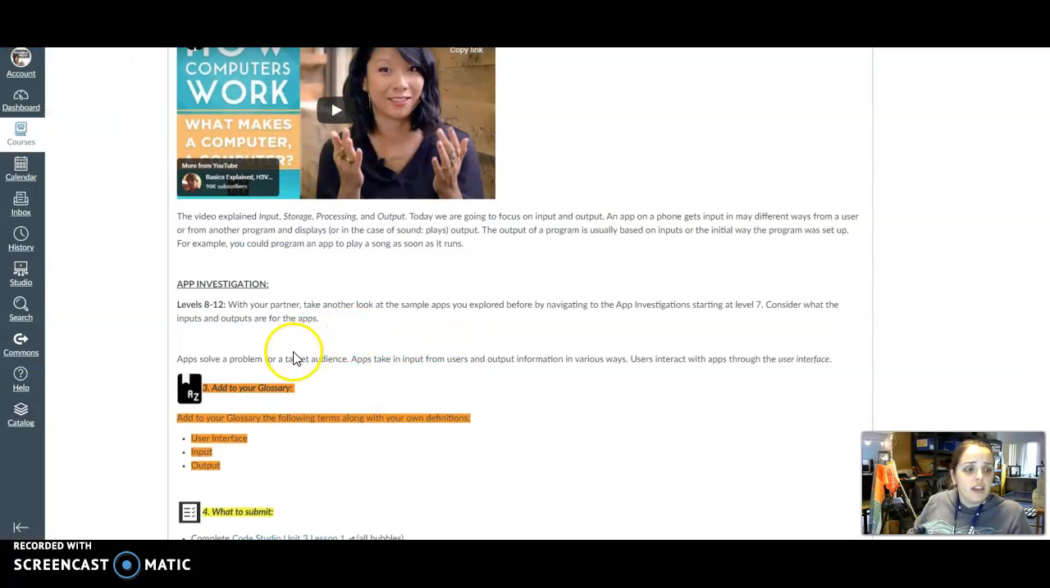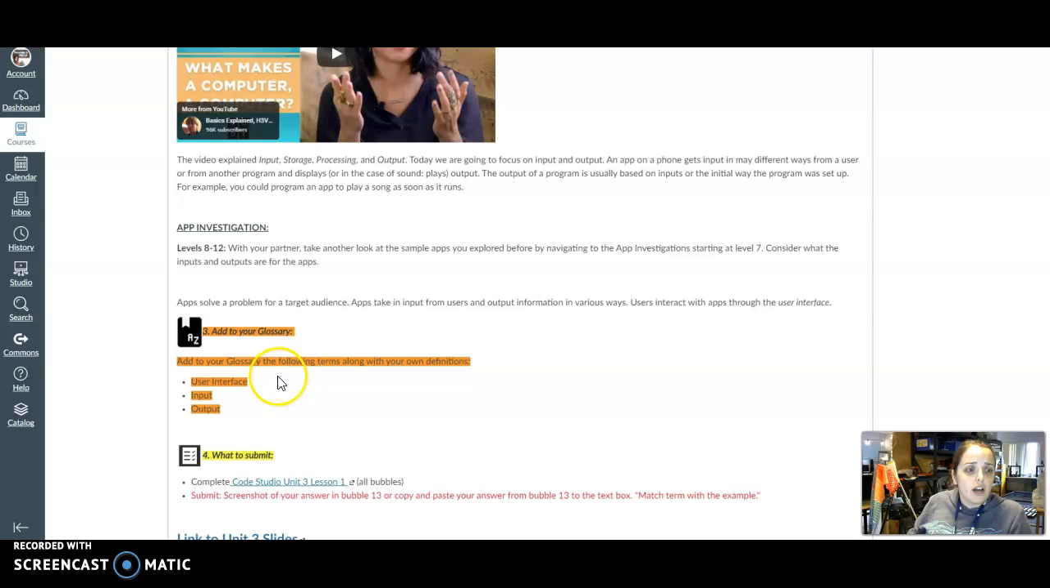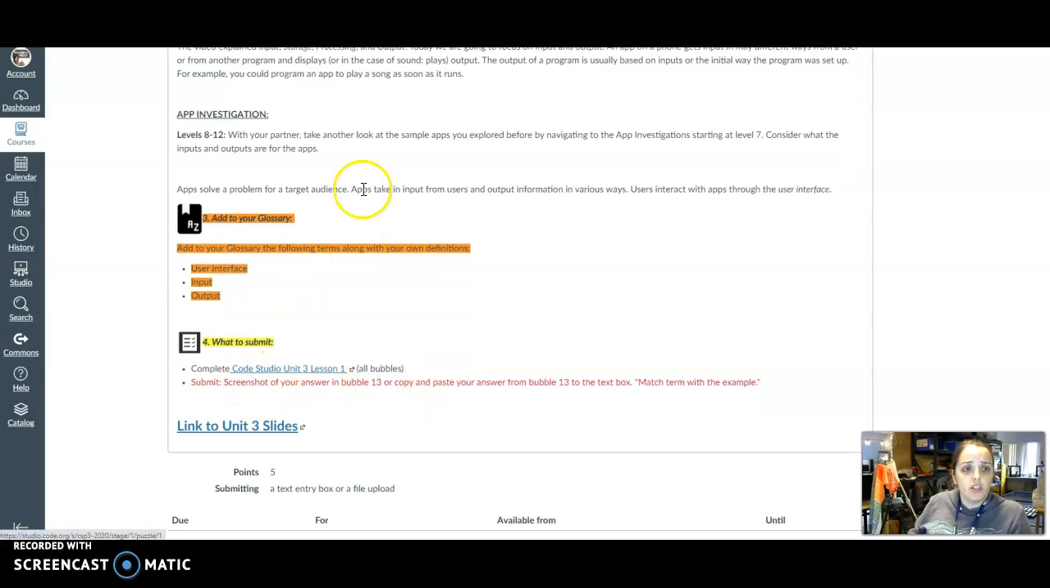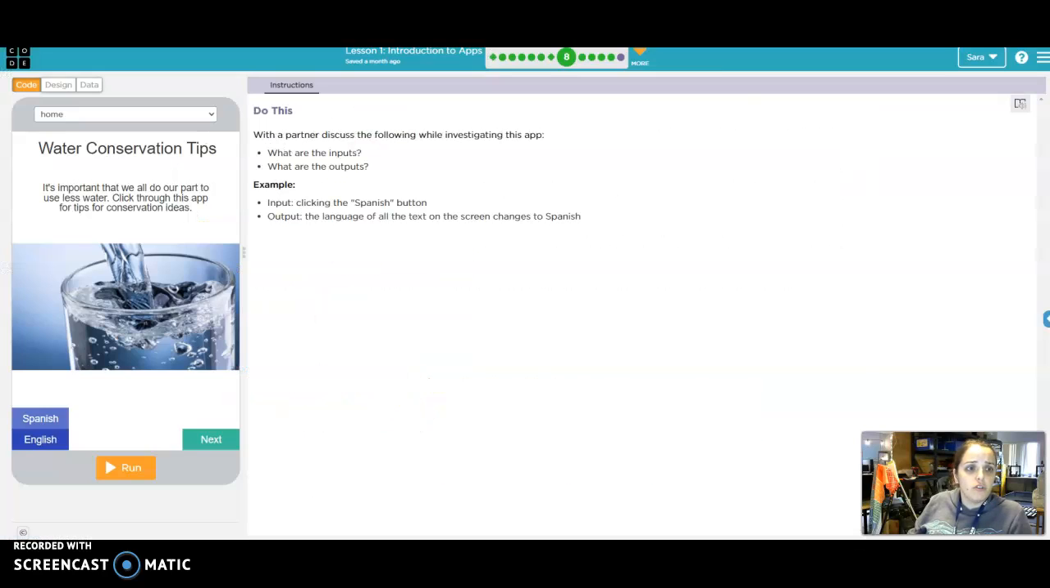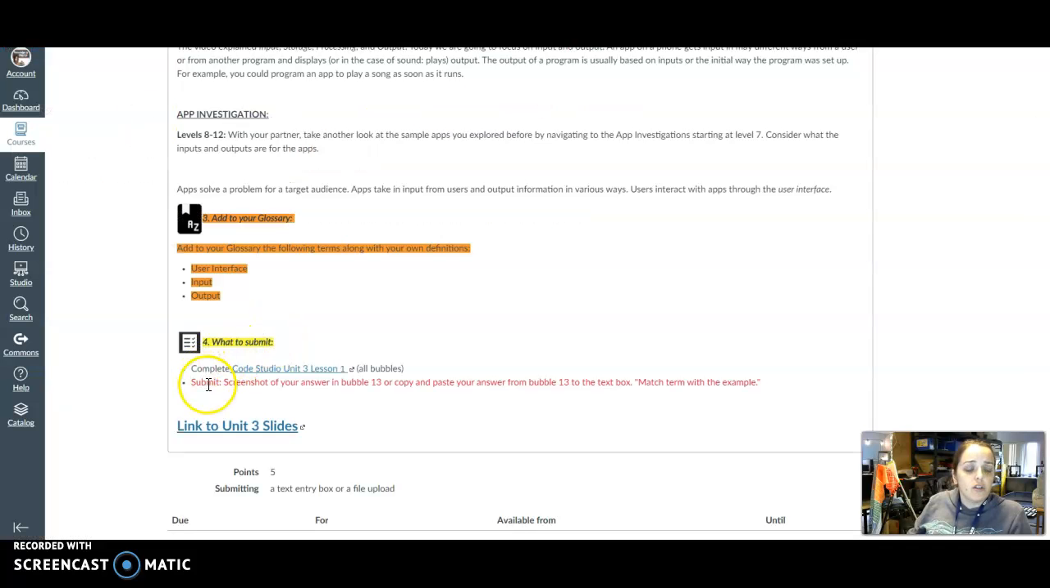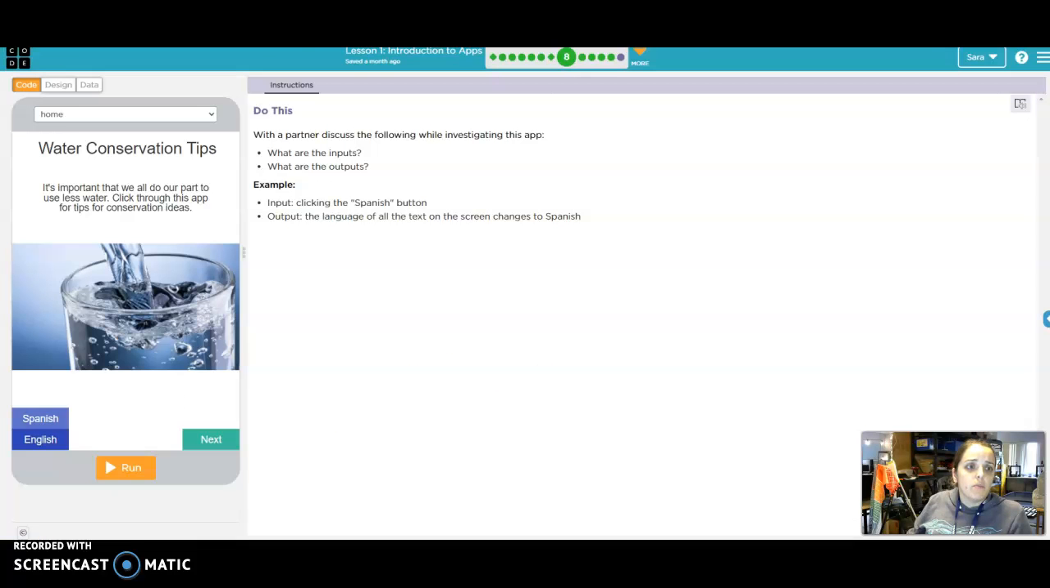And then at the end, you're going to add these 3 words to your glossary. And then you'll double check that you've got all bubbles complete on your Code Studio. So take a look at the top. Are they all colored in? If they are, you're good to go, and you can move on to the last part. Submit a screenshot of your answer in bubble 13 or copy and paste your answer. So in bubble 13,